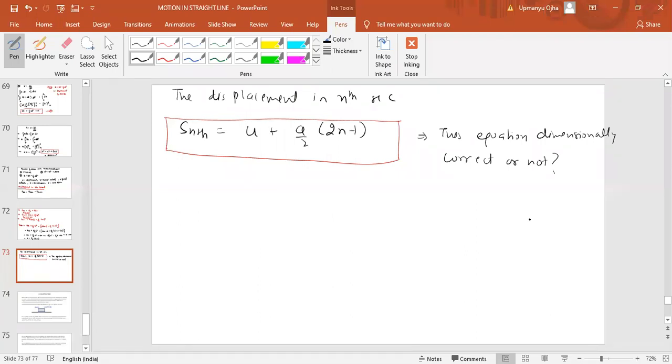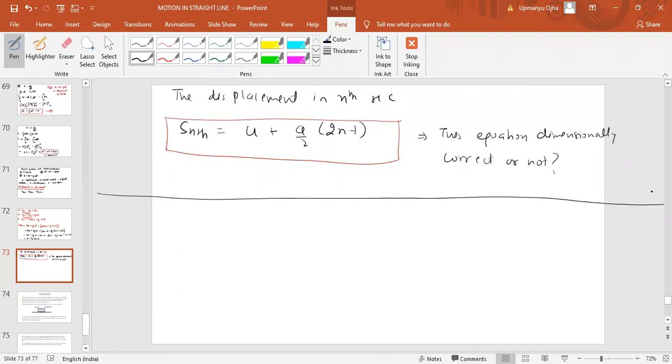So you have to see this expression and tell whether it is dimensionally correct or not. If you are saying correct, then why? If not, then why? Okay, fine. Now, this is your homework. Just think. You have 2 days. You can think, and then you can tell me the answer. Now, next is how we are using these equations.